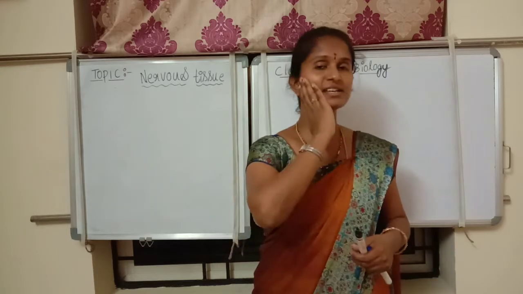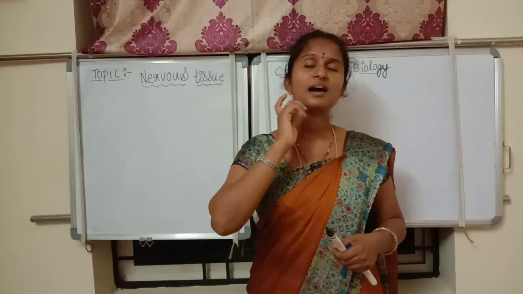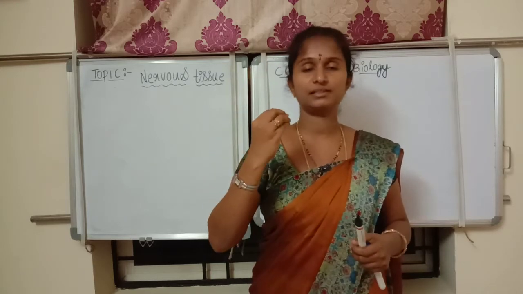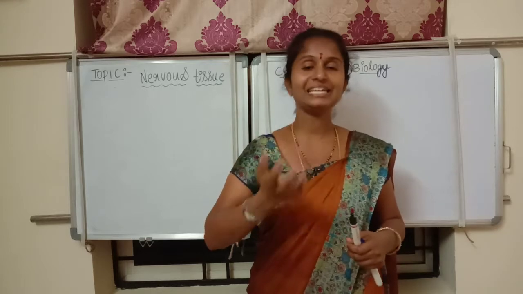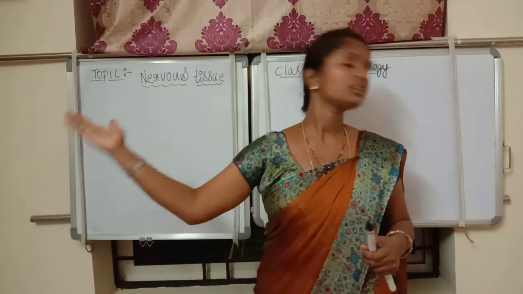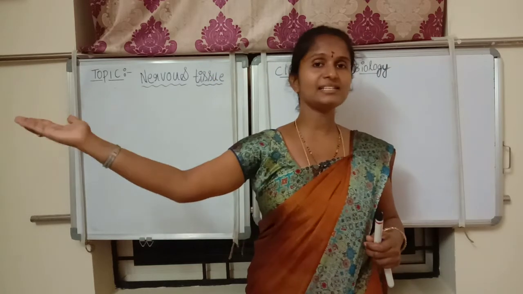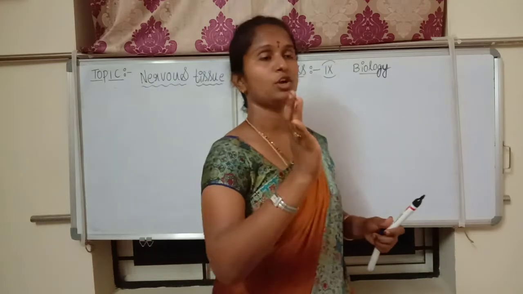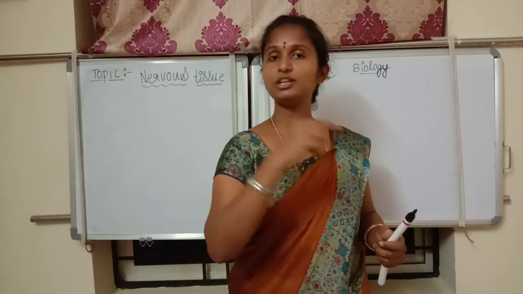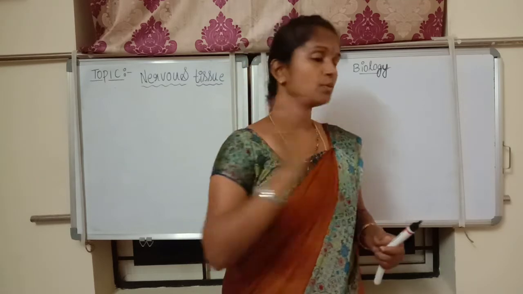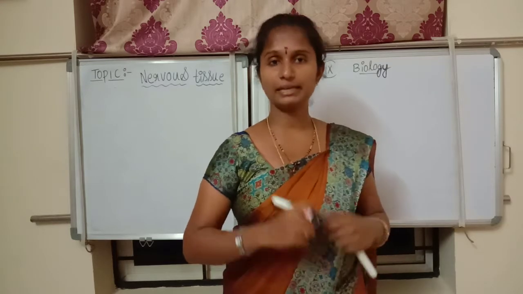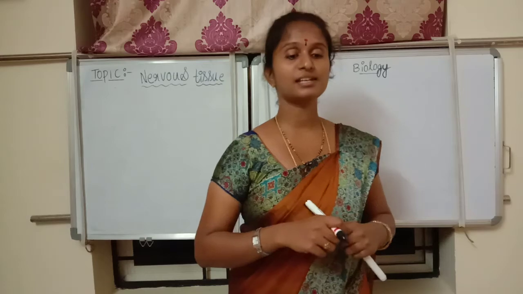Now, if I hit someone, they get a pain here. How do they get the pain sensation? The brain gives the feeling of pain. How is it passed? If my hand is moving, how does your cheek know that someone is going to hit you? You turn your face, right? How do you know it will be painful? You already know, because your brain gives the information to move away. When they hit, you may get the pain. That information we get with the help of nervous tissue.